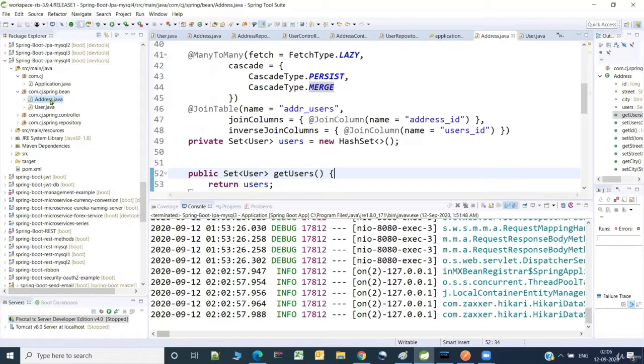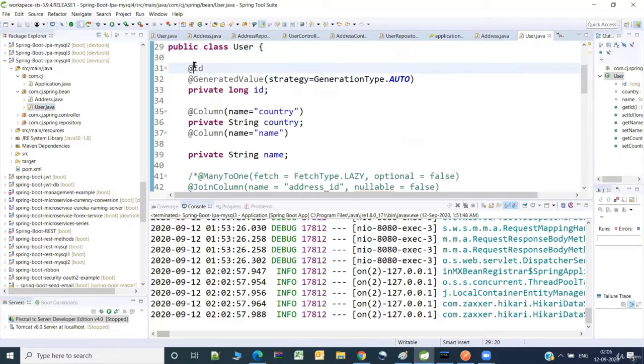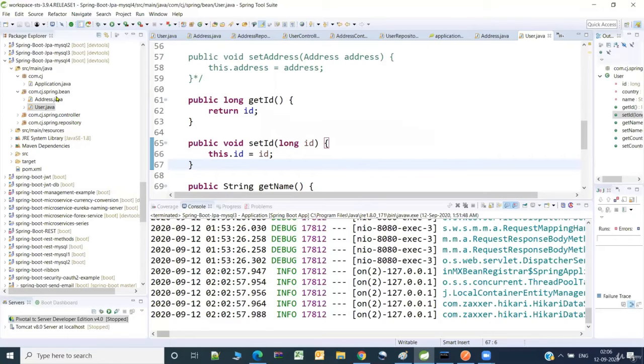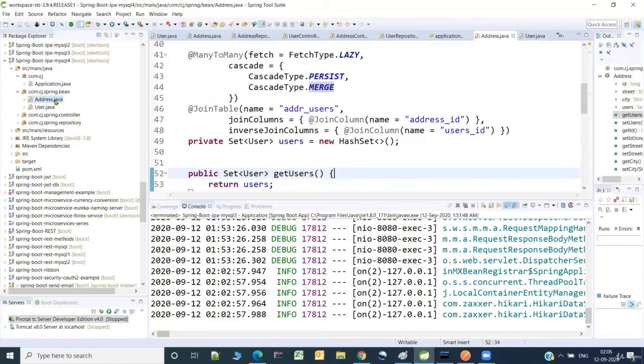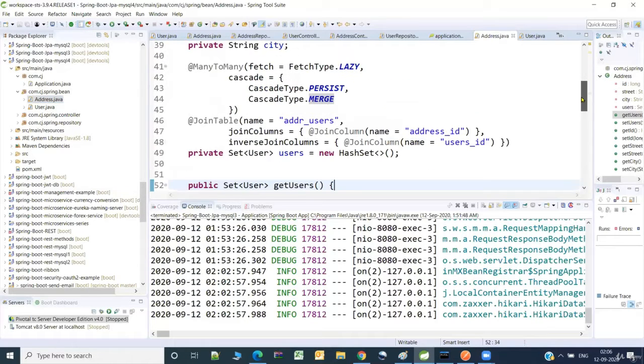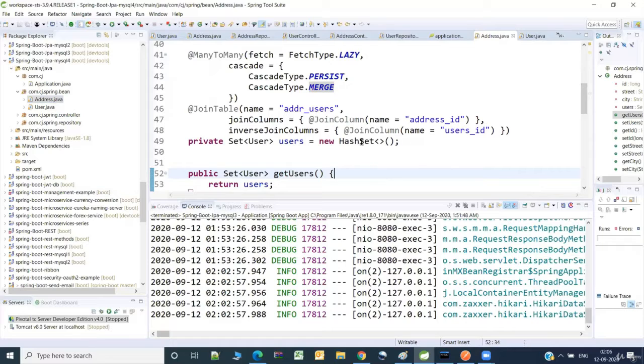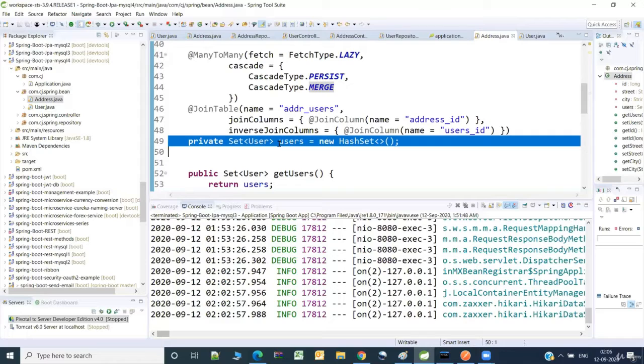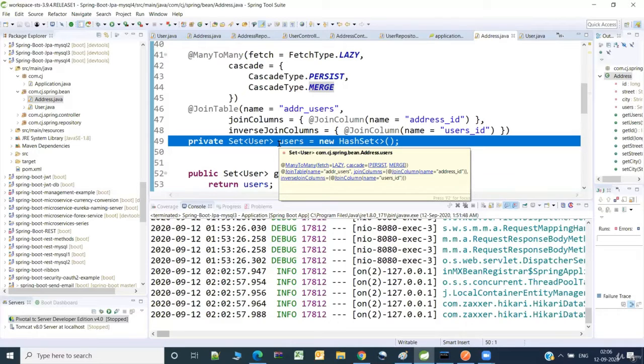records. The user is as usual, there is no difference here, so I'm not spending much time on this. Now let's go on to the address. In case of address, all other fields are normal as usual, so the only thing we need to focus on is this one. Why we are specifying this as a set is because one address can belong to multiple users, so those multiple users I'll be storing in the set.